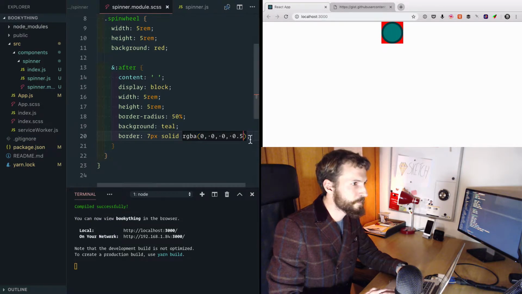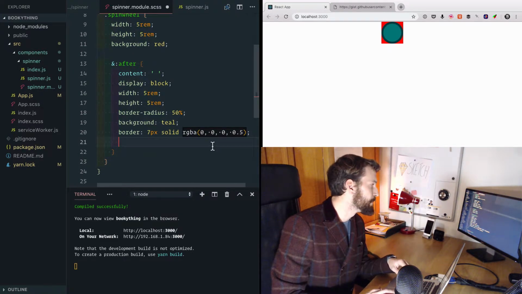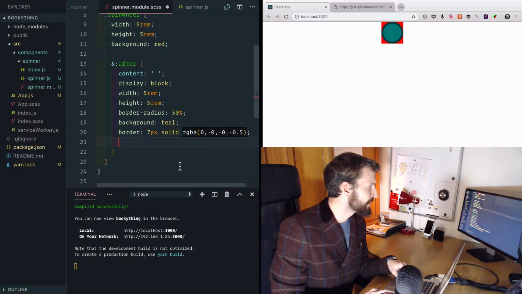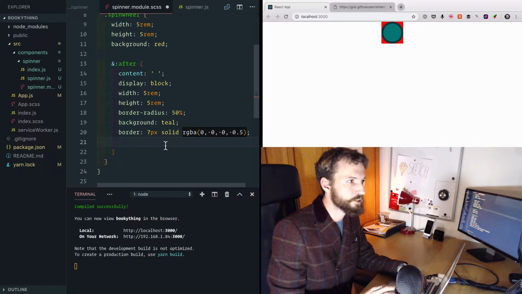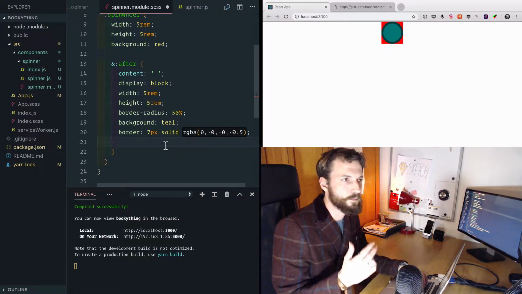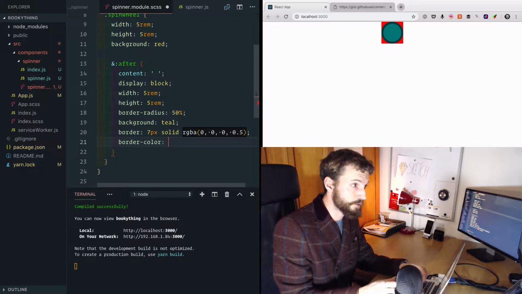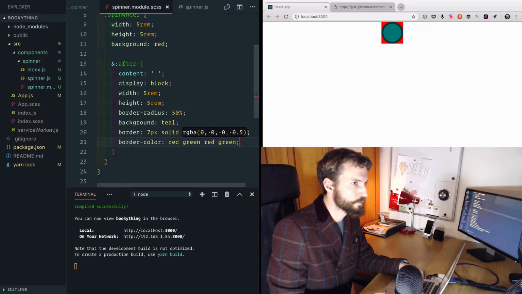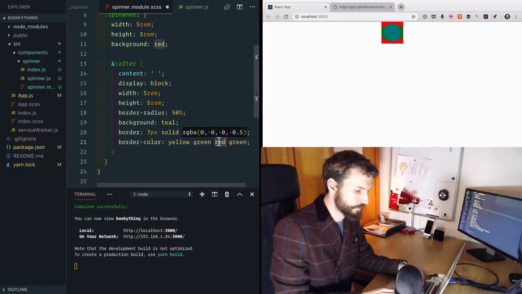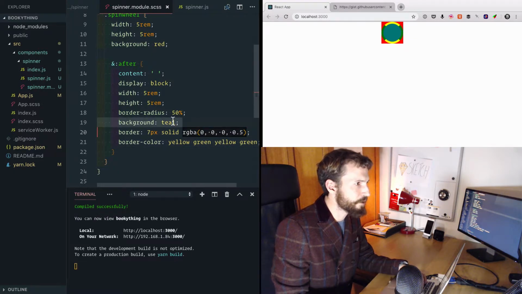So that's kind of worked. And then this is a trick that I picked up from somewhere online when I was looking at how to do this. Having done that, we can set the border color on a per-side basis. So I can set the border top color to red or whatever. So I could say border color, and give this a bunch of values: red, green, red, green. Okay, red was a bad choice. And you can see we've got these green bits. Like if I take that background off the element,